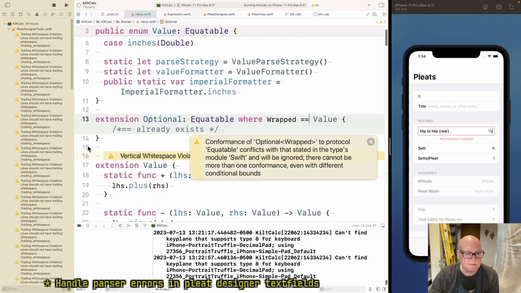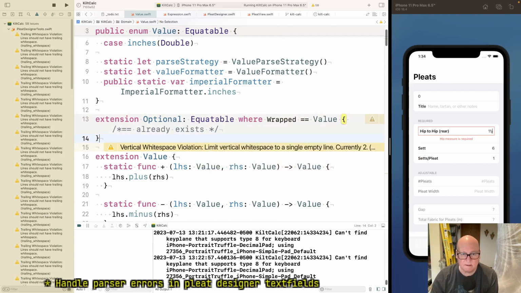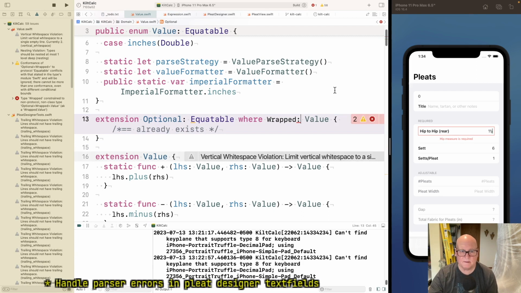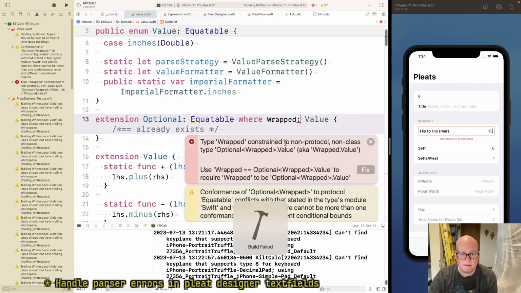Selects with this data type. There cannot be more than one conditional. I don't know. Wrapped of value. Okay, that's not allowed. Use wrapped equals optional.